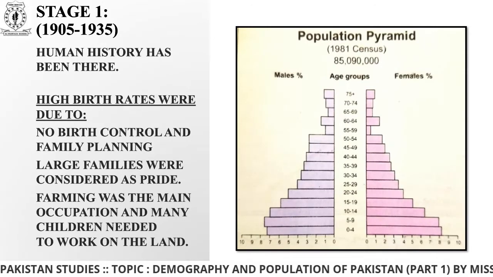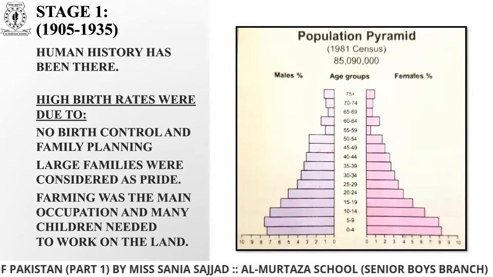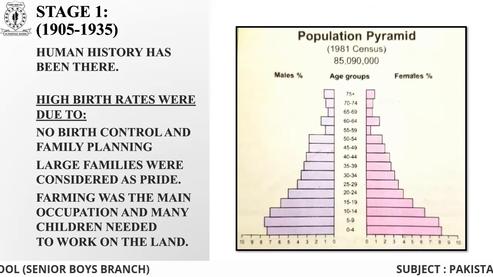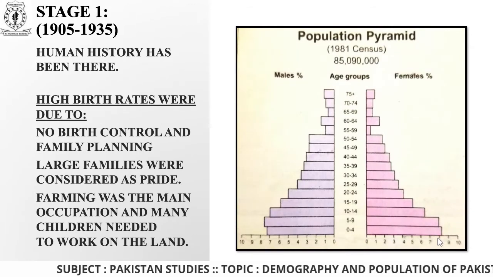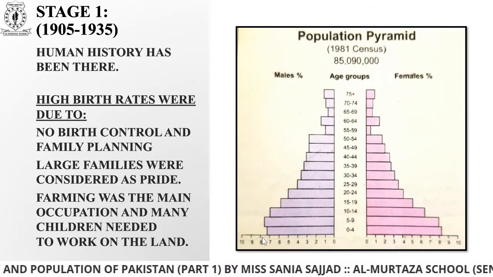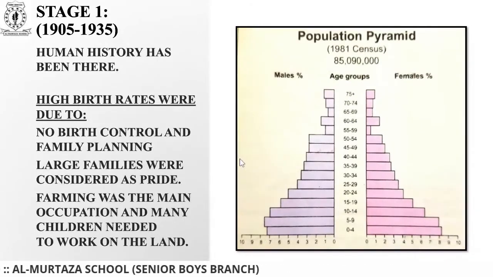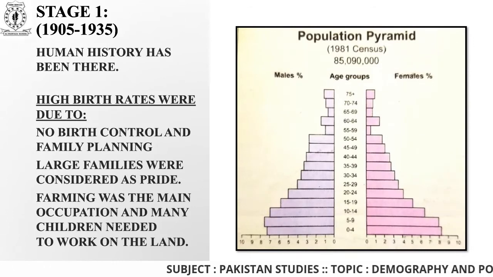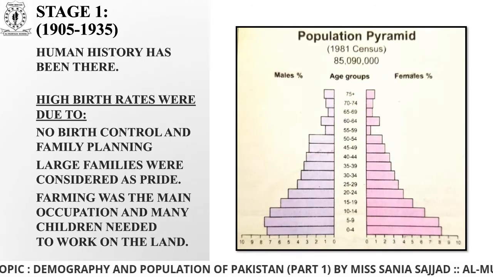So when I take an example, when I'm talking about human development, when we have entered into the history of human development, then automatically in that stage, you can see in this map there is a high birth rate. You can see that the cursor is more than 7 on the male side and more than 8 on the female side, right? So you can see that there is a high birth rate, but there is also a high death rate in this stage as well.